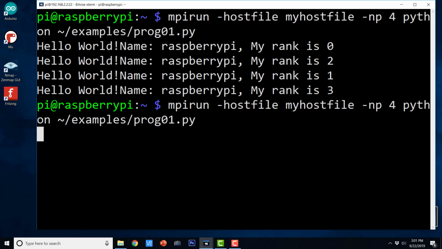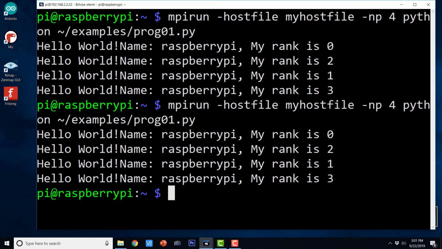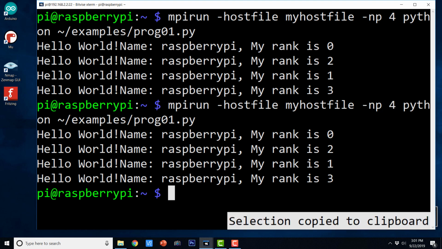So we can try to run it again. So this is the output. So this is how we can write a parallel program, and it is going to create all these processes. The processes will be assigned the ranks from 0 to n-1, where n is the number of processes mentioned here in this np argument.